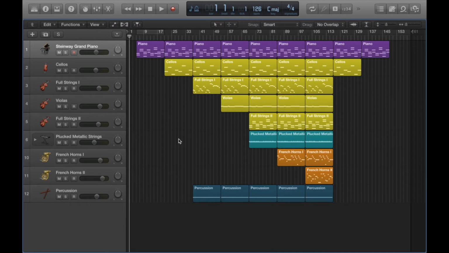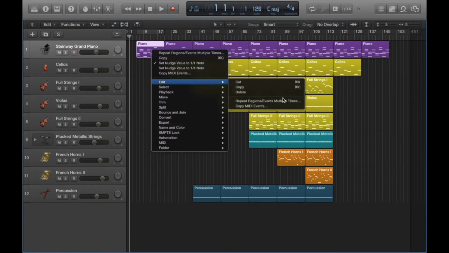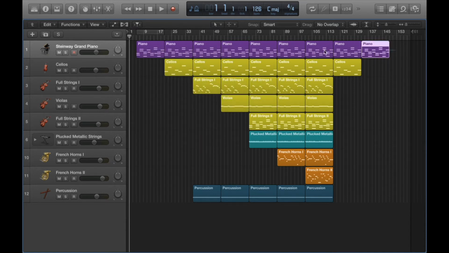So I've already covered the sort of basics, if you like, in part 1. And in parts 2 and now part 3, I'll be going into a little more detail. So I'll just continue where I left off. Something else you can do when it comes to copy and pasting is using this tool here, repeat regions/events multiple times. So if I just delete all of these